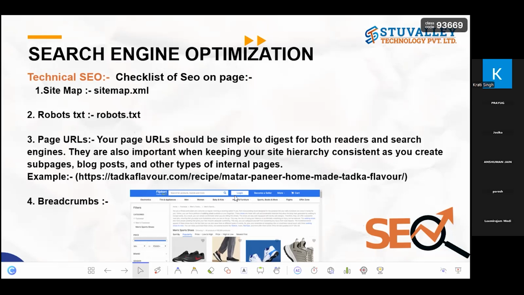You have to upload that sheet on your website. That sheet is called sitemap.xml. How can you create that sheet? There are generators for that. You just put in your URL, the generator automatically generates the sheet, and you just upload that sheet